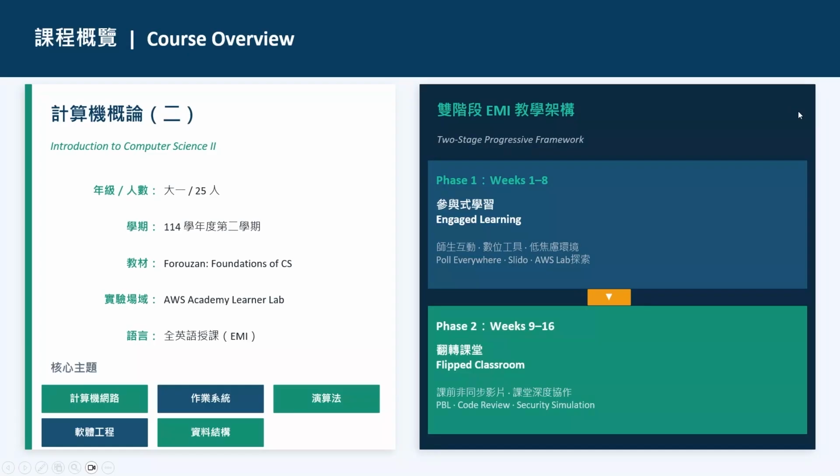I designed the course with a two-stage framework. Phase 1, from the first week to week 8, we designed the course with engaged learning, so that the students will have student-centered learning with our two major platforms that I will show you about our learning environment for the students, their active learning. And the second part is from week 9 to week 16 that I will show you